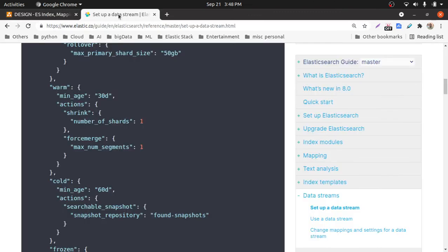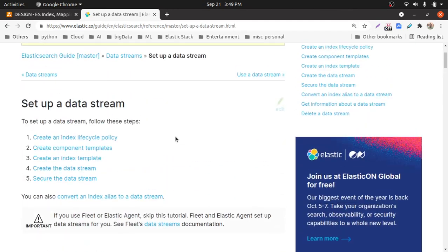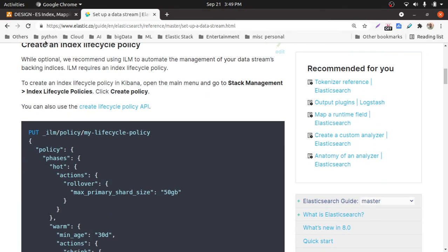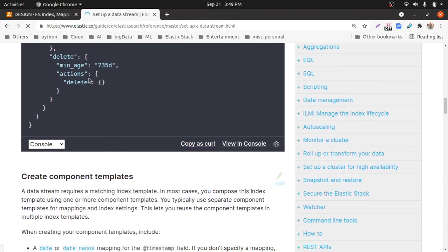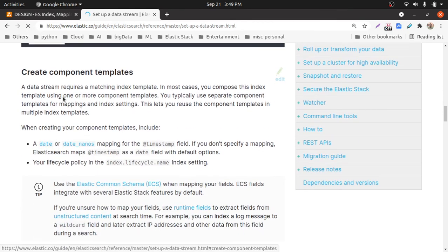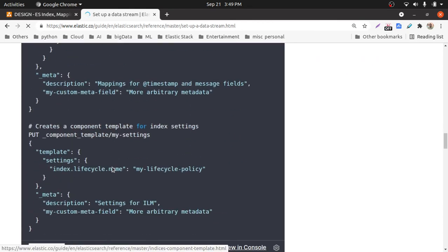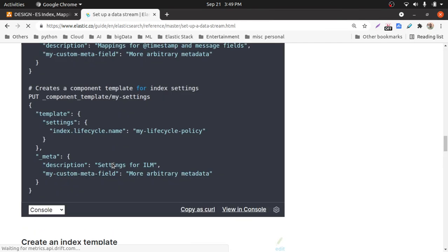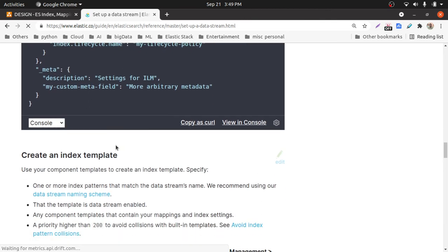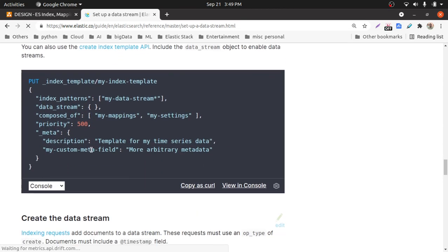Here is the document. Let me refresh. I think this is another book. Okay, no problem. Here you can see an ILM policy has been defined, and one or more component templates have been defined. Usually we create a separate component template for settings and a separate component template for mapping, which is easier to manage. Then we will create one index template composed of